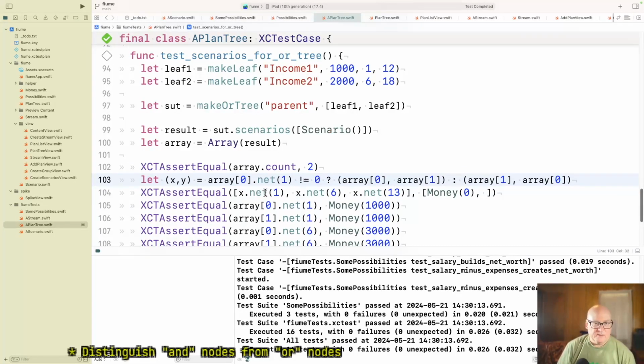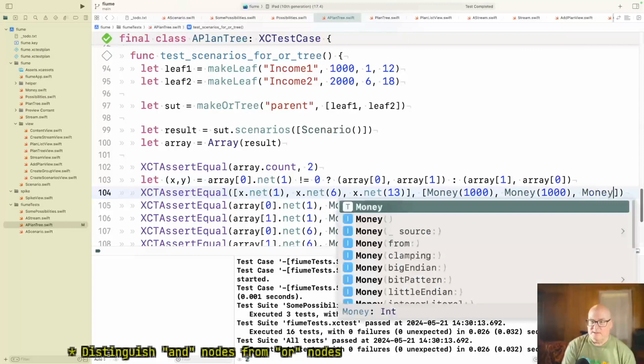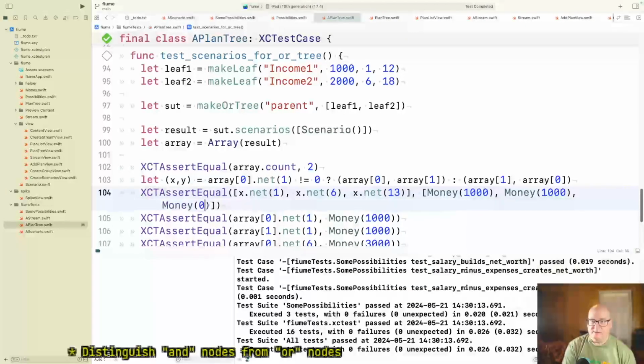Okay, so now we know x.net is not 0, so it should be 1,000. Okay, so this should be money 1,000. All right, and then in month 6, he should be making 1,000. And in month 13, he should only be making 0. Okay, because he's got a job for 12 months.